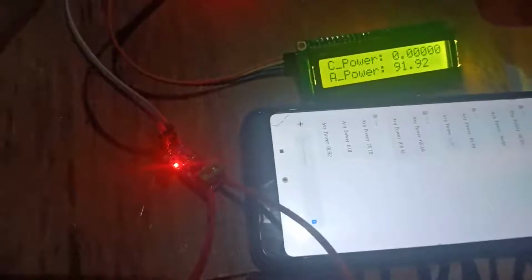You will be able to see that the average power will change as the load is off. Just to get some more variation, let's turn it on.